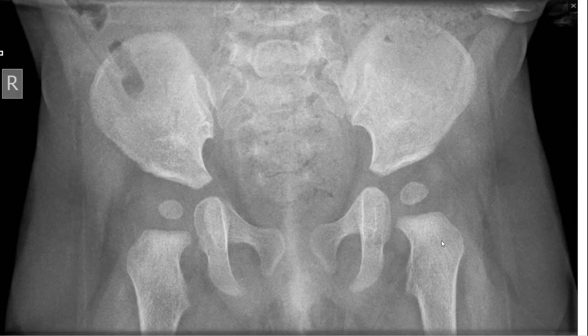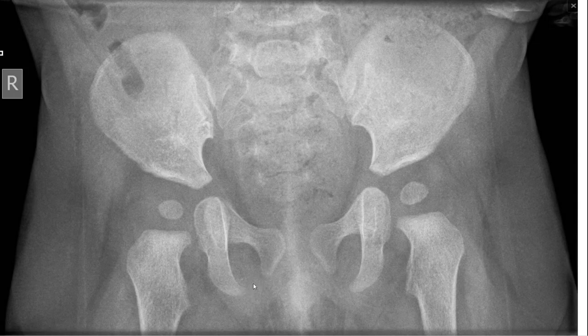Now we will see the X-rays. How does the X-ray of a newborn appear? Now this is not actually the X-ray of a newborn, but of a child towards the end of the first year of life, in which we can see that the secondary center for the head of the femur has appeared. There is no secondary center for the greater trochanter, no secondary center for the lesser trochanter. Actually, the secondary center for the lesser trochanter is not easily visible even if present, because it is very small and it is overlapped by the lower part of the neck of the femur. But here you can see the secondary center of the head of the femur is present. You can see that there is cartilage between the inferior ramus of the pubis and the ramus of the ischium.